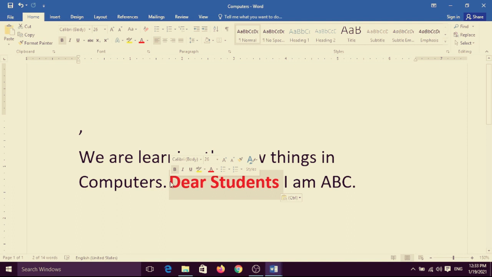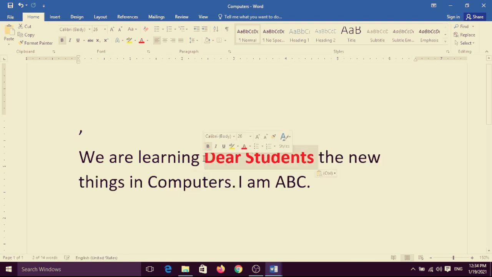First you have to select the text, hold the left key of the mouse button, and where you want to paste it, release the mouse and it will be there.